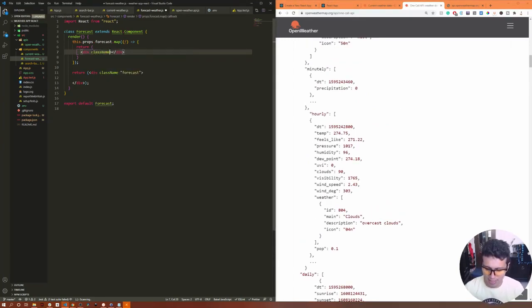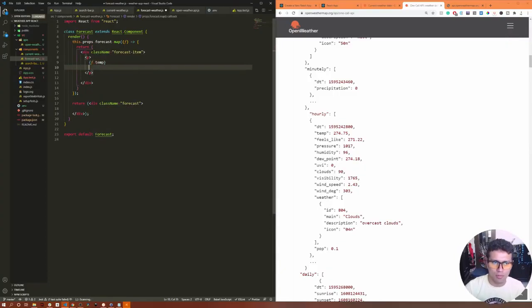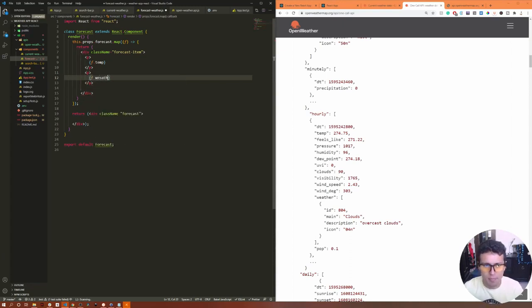First thing, we're gonna set up a name for this. We're gonna call the wrapper element forecast item, and then we're gonna add a new paragraph, and in that paragraph we're gonna display the temperature. We are going to display the description, we need to display also the time,